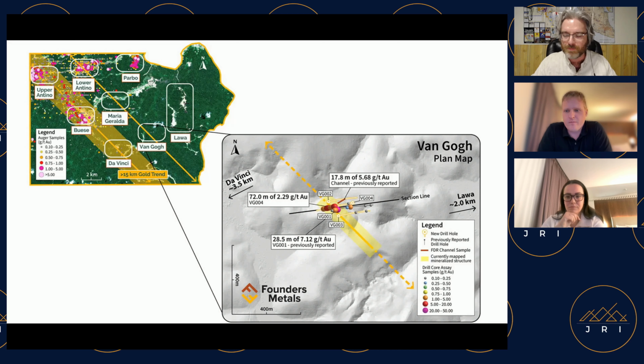Yeah, so first thing, you're right. Da Vinci, Van Gogh, that area of the property was historically under or completely not explored. At Da Vinci, we did have the benefit of some small scale mining. Nothing active for a decade plus, but there was some. We were finding gold where someone else had mined gold, so there was a pretty first order indication of gold mineralization there, at least some. So, following up on that,